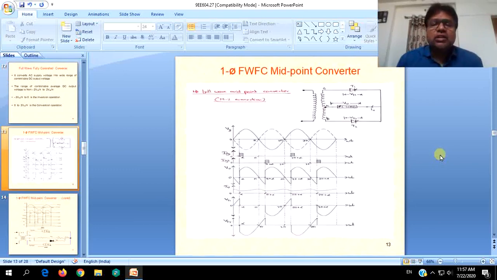It is a single phase full wave fully controlled midpoint converter. Midpoint converter is nothing but two SCRs connected in series with a given load, which may be resistive or resistive and inductive, along with the supply regenerating voltage. But the supply voltage to this combination is fed via the secondary of a transformer, which has a center tap,